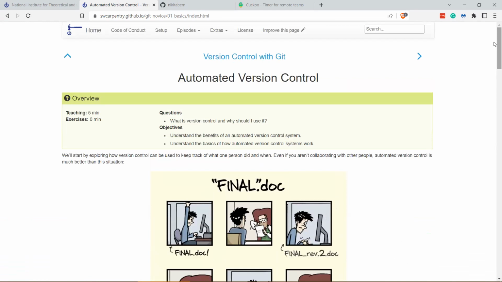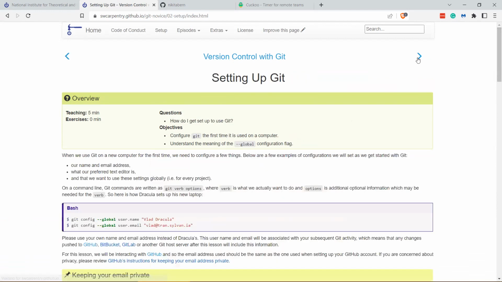So we use Git, and the interface that we use to interact with Git today will be GitHub on the web and Git in your shell. So here we are going to start with setting up Git. First, I would just like to make sure everybody has Git. So if you